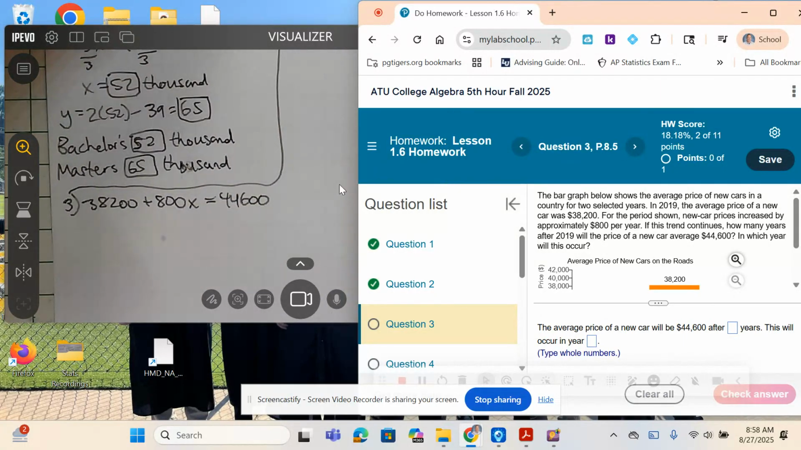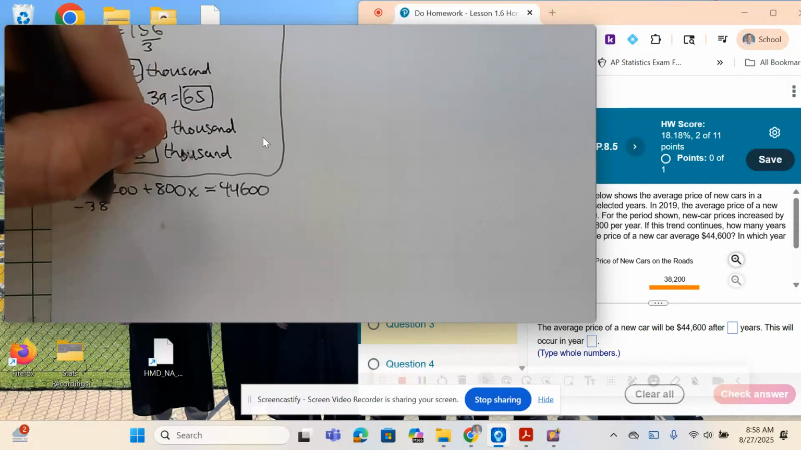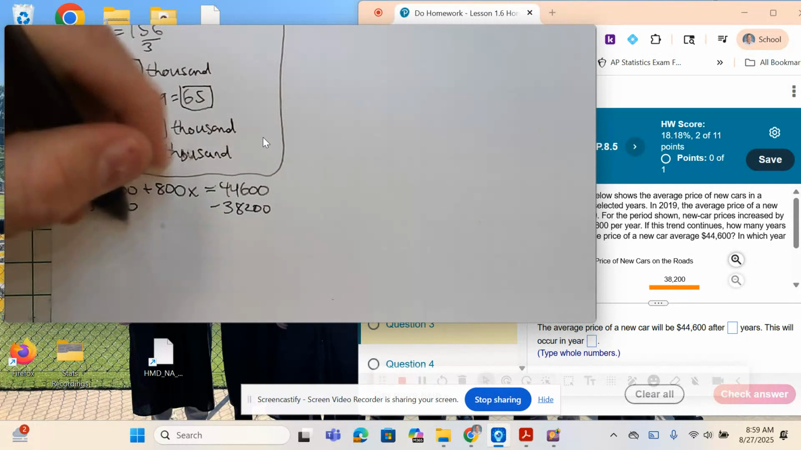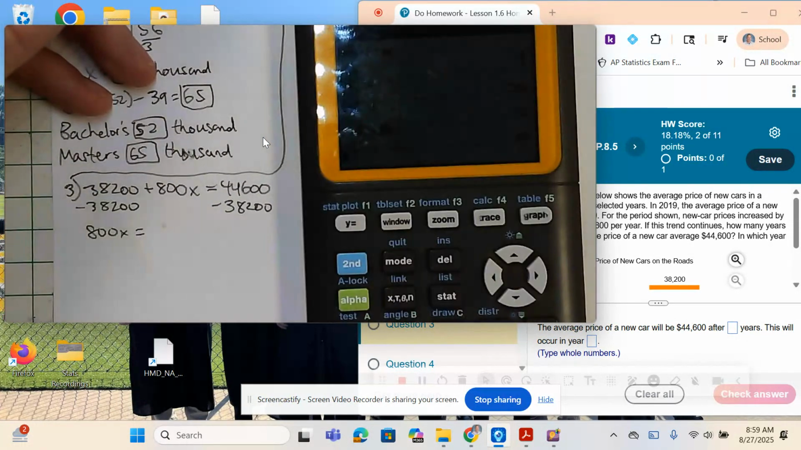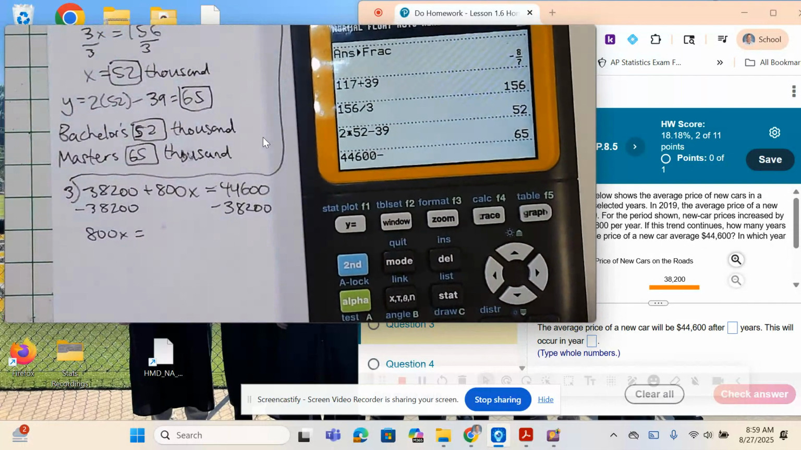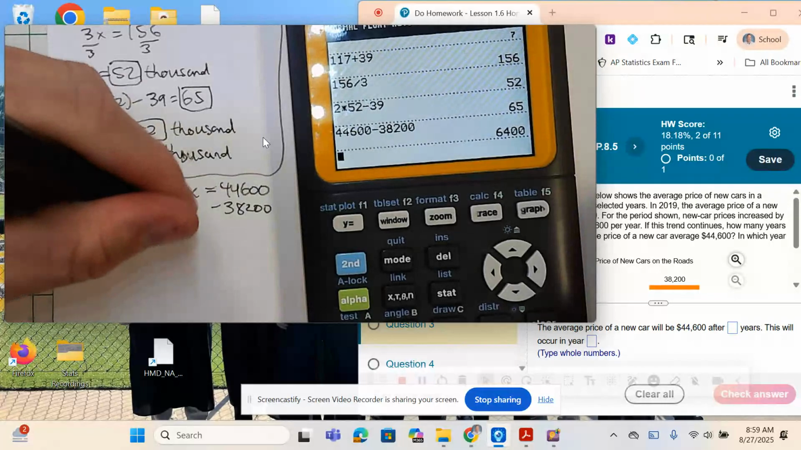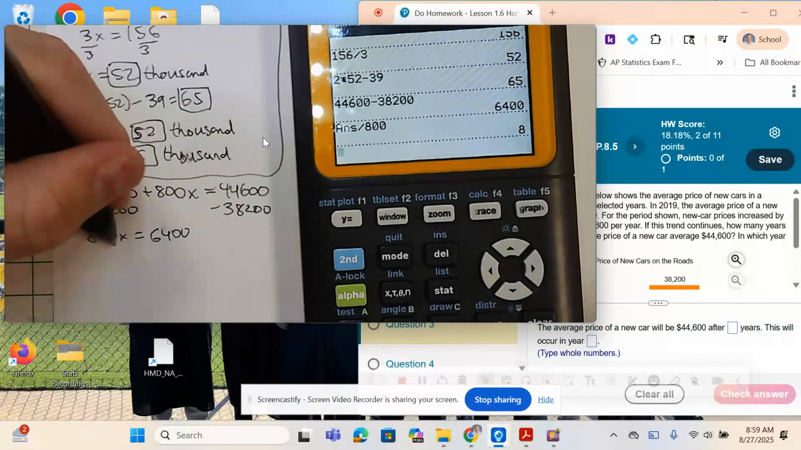So feel free to use whatever variable you want there. T might be more appropriate, but it doesn't really matter. The variable's for us. It's not for them. I didn't define it this time. I probably should, but that's all right. It's 38,200. 6,400 divided by 800. I was wondering if I was going to get a decimal on this one,